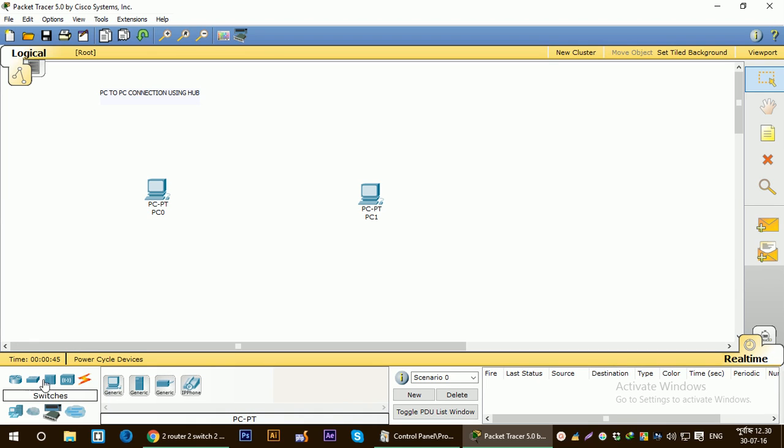So let's select the hub. Here you can select any hub, like this one. So let's name the first PC using the IP address of the PC as we have done earlier. So it is going to be 192.168.1.2, and 192.168.1.3. Okay, so we are going to connect them using a wire, so it will be a copper straight through,